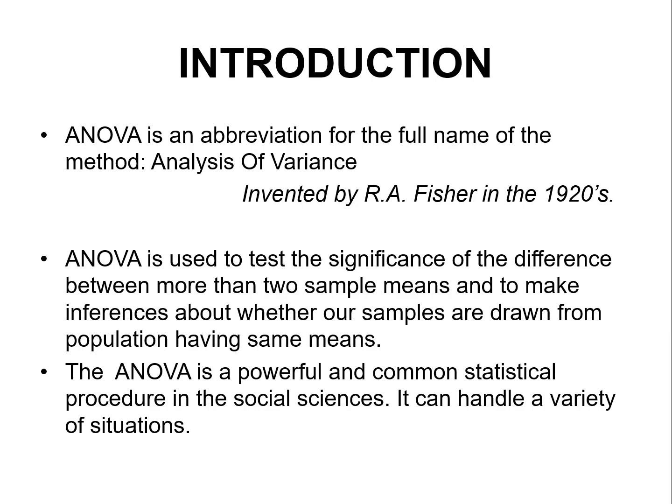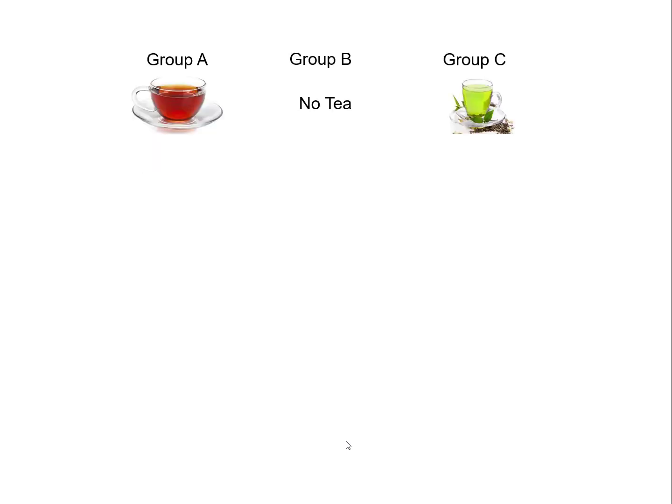Nowadays ANOVA is a very powerful and common statistical tool and procedure, and most social scientists, business analysts, and economists use ANOVA in different studies in order to identify the behavior of different types of data and different variables. Before going to that, I just want to discuss a simple example in order to further clarify the meaning of ANOVA. As I already mentioned, ANOVA is basically an extension of the t-test.